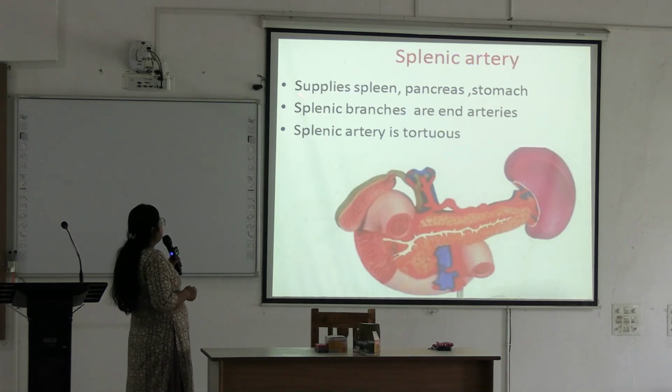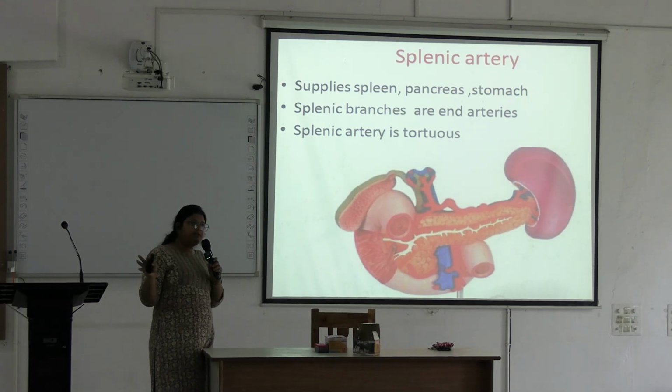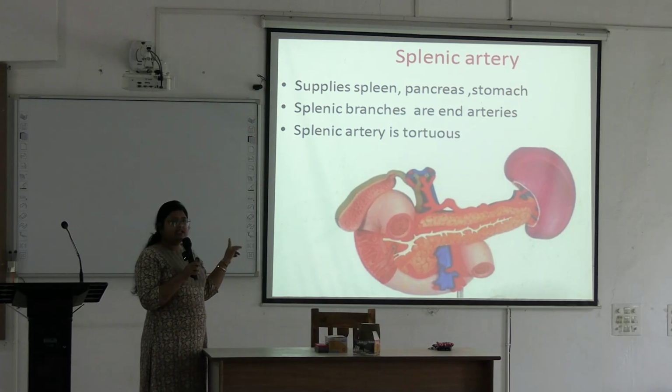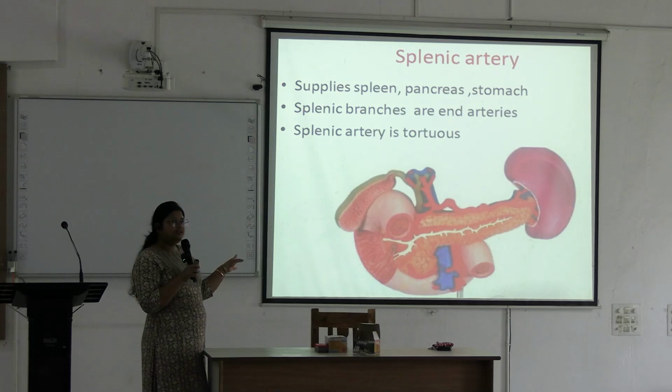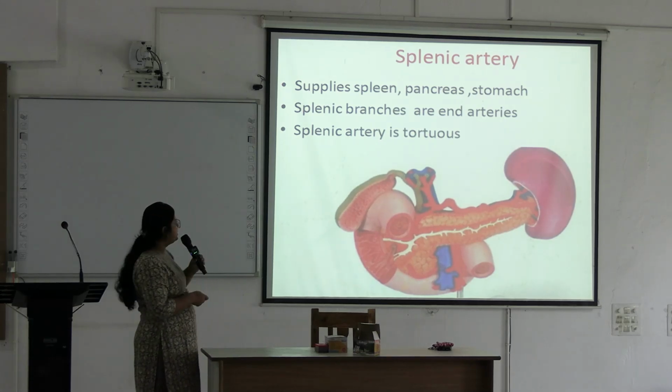So the splenic artery supplies the spleen. See, this is the splenic artery, a tortuous splenic artery, okay. It lies along the superior border of the pancreas. You will see the splenic artery. It is a branch from the celiac trunk. During celiac trunk dissection you will see it, and during the viscera class, where you will read duodenum, pancreas, spleen, you will also see the splenic artery, okay. It is a tortuous artery.